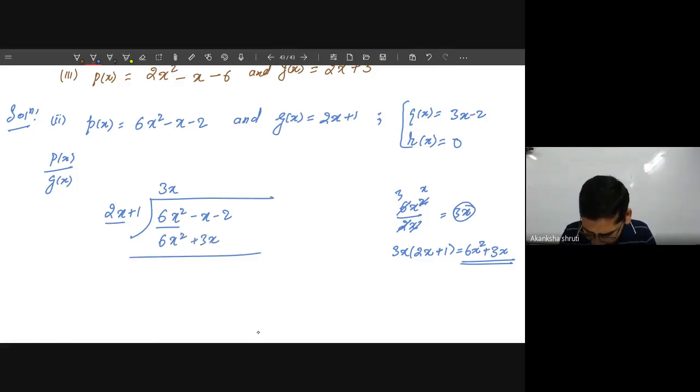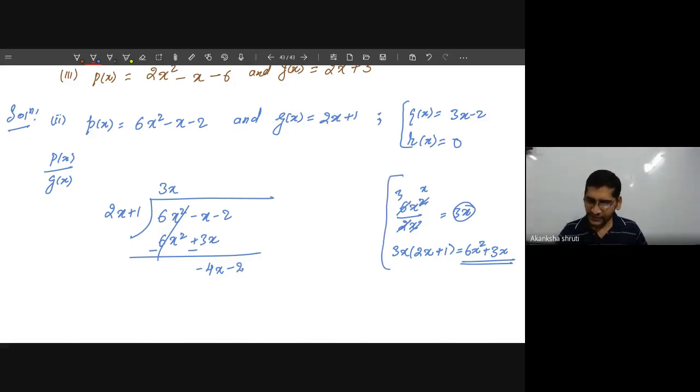Now you have to change the sign of this. Changing the sign for subtraction, both become negative. Now you have to cancel the first term. It is cancelled because they are of opposite sign. But the other one is minus x and minus 3x. Minus x minus 3x becomes minus 4x. And the minus 2 you have to carry as it is along with its sign. Okay, so this was the first step.